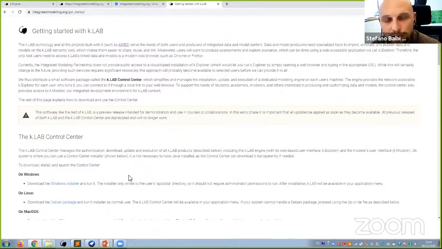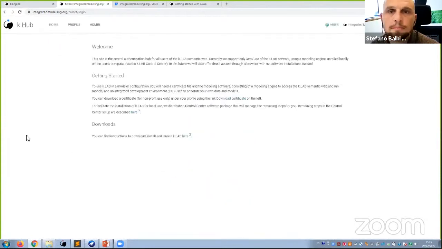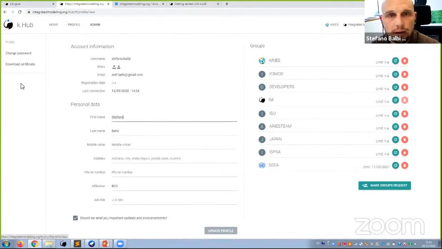Well, supposing you have installed the software, you would have to launch it, and it will start, for example, from here. So the second part is actually to register. This is very important. So you need to go to integratedmodeling.org in the hub, and then register here. In my case, I can log in, for example,